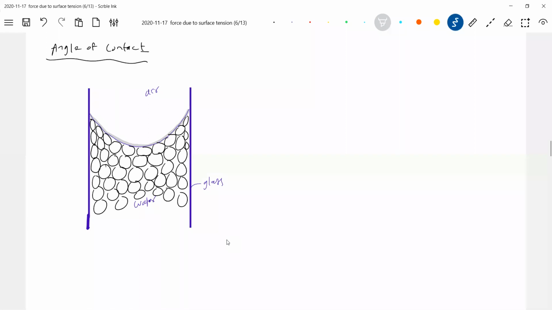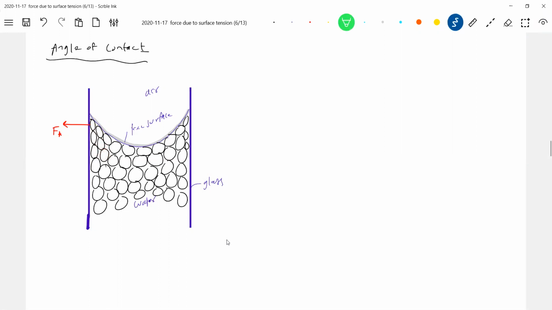So now let's consider molecule one. This is a free surface. Look at molecule one: it will experience an adhesive force. The glass molecule which is present will exert a force on this one. Similarly, there are adjacent molecules which will exert a cohesive force. What do you mean by adhesive? Force of attraction between molecules of different kinds, glass molecule and water molecule. That interaction is the adhesive force. These adjacent molecules will exert force; that is the cohesive force.